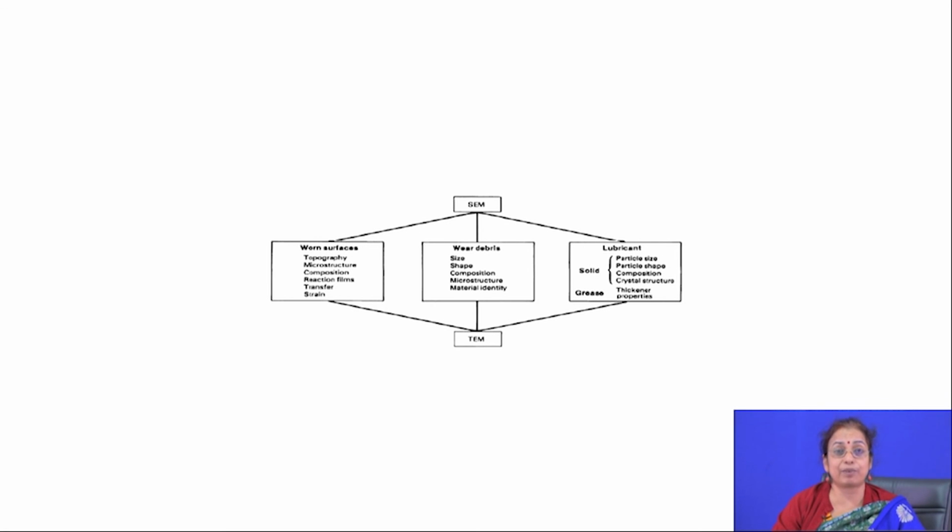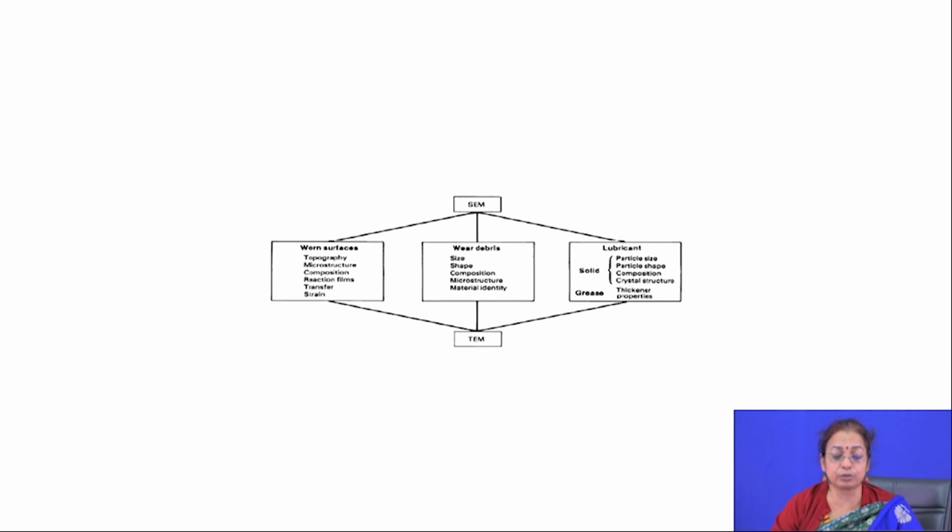So, the third-body particles which form at the interface are very important, and they give you information about the mechanism of wear. As a result, it is very important that after the wear is over, you collect the wear particles and then do XRD analysis to know the kind of particles that have formed, and also to infer information on the mechanism of wear. So, this is what is shown here.